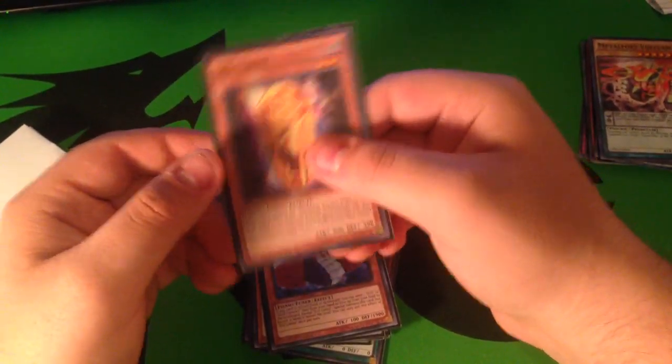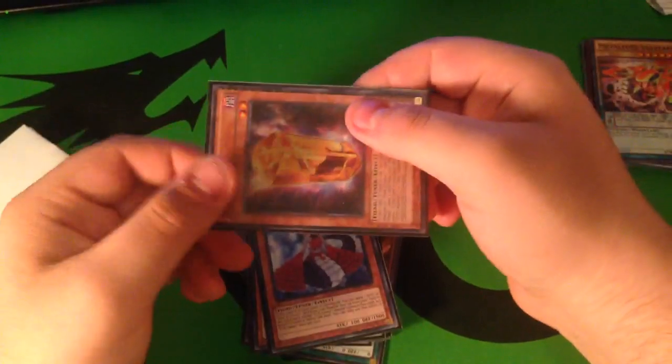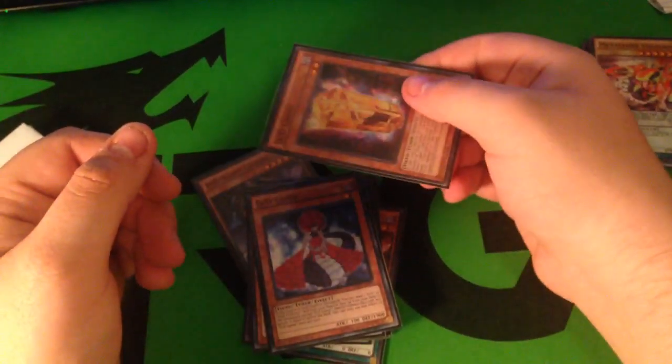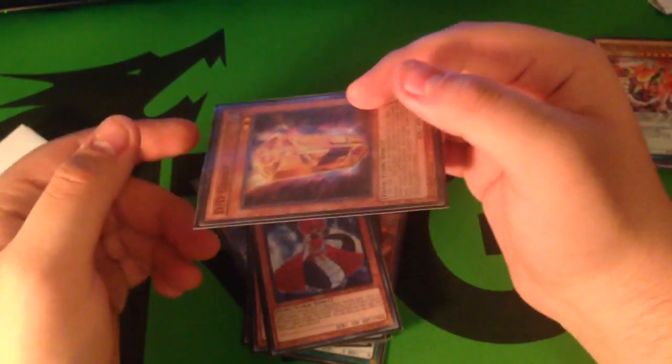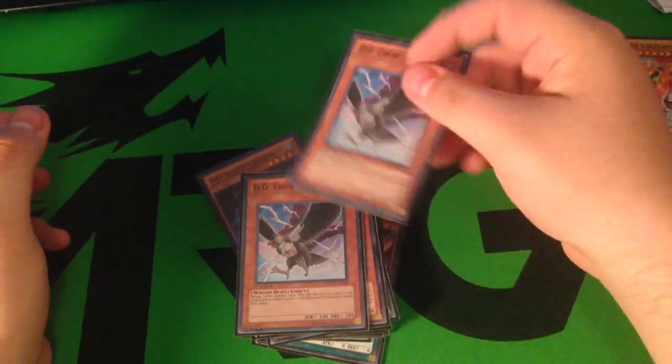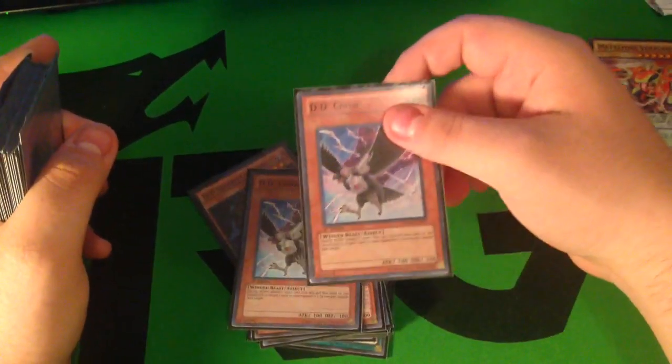But the good thing about this is when it gets banished with the Necro Slime as like a fusion, you get to target one of your DD monsters or whatever, or Dark Contract cards, and put them back into the grave. So I'm still maining DD Crow just because Zoo's a thing, and the fact that their new little